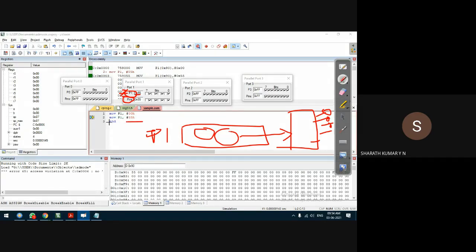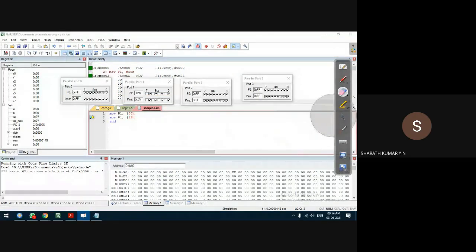F11 on my keyboard, 55. 55 is loaded into port P1, so port P1 is now loaded with 55H. The same data will go to its pins. So whatever data you load into a port, for example, if you load let us say 44H, the same data will be loaded to the pins. I think this is clear. Whereas if you change the pins on the